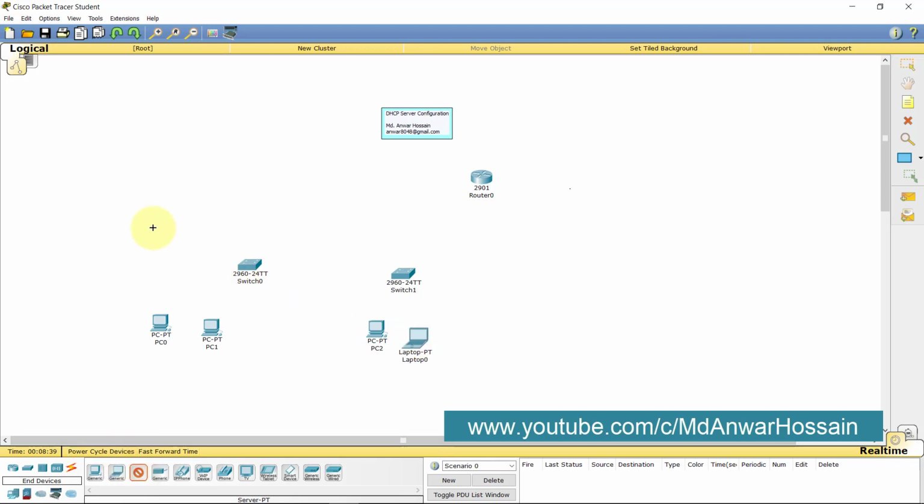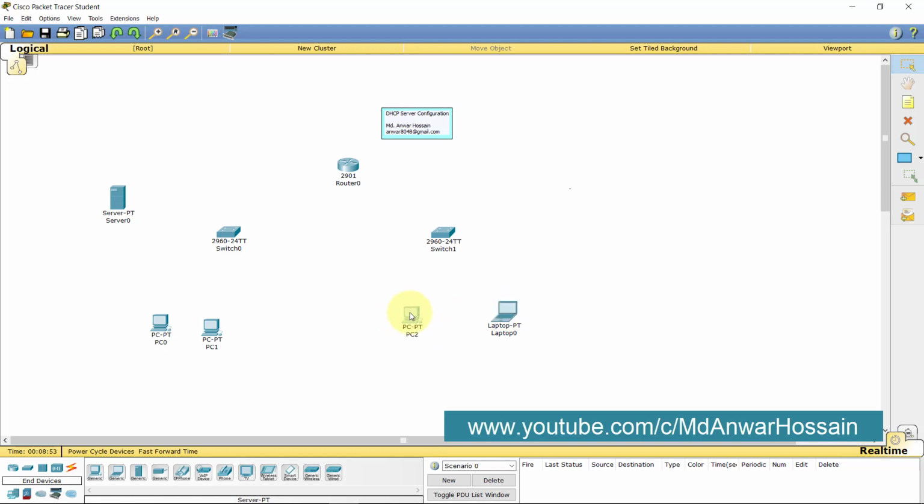We will take one server. Let's connect all the devices to the switches.